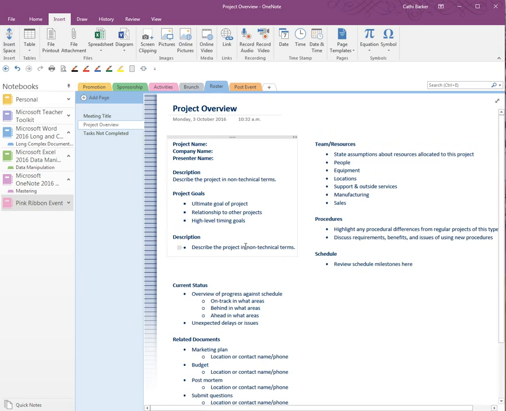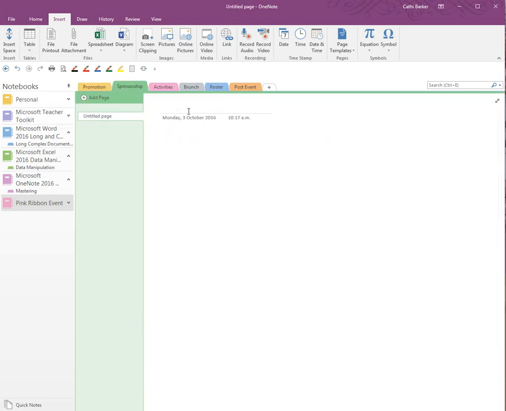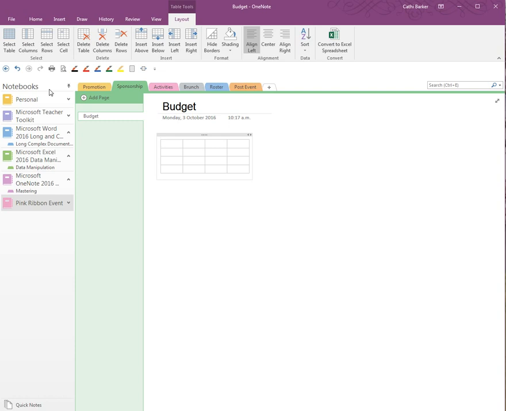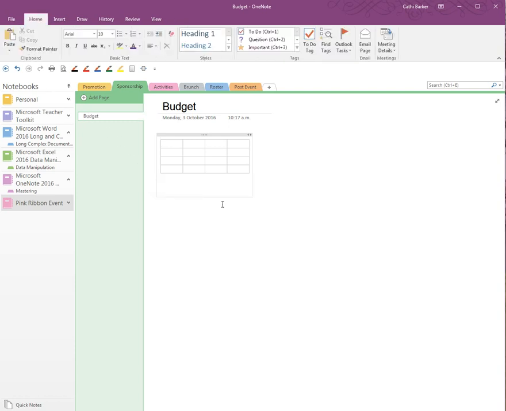Now the other thing that appears on your Insert tab is the button Table. And I might go to Sponsorship section for this, and what we might do is type the page title Budget. Now to insert a table, I'll click the Table button, and I can either drag across, and I haven't got my mouse button down, so I'm actually moving to the right and moving down until I get the number of columns and rows I'm after, so I might decide to click about here,